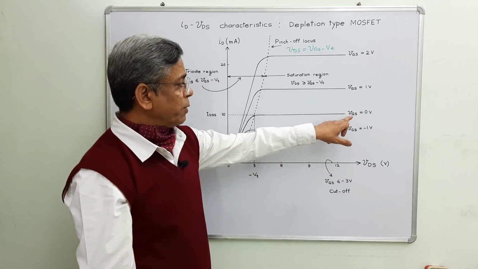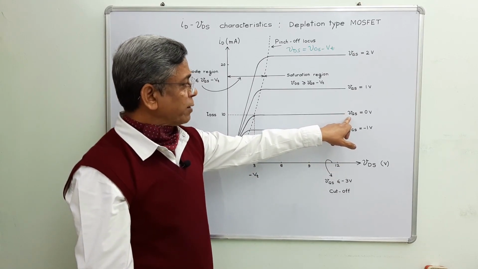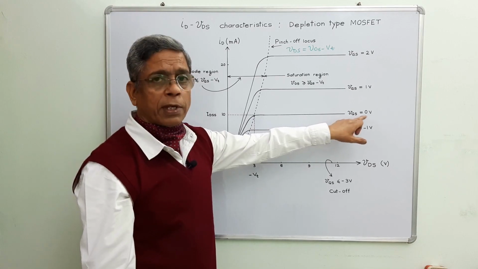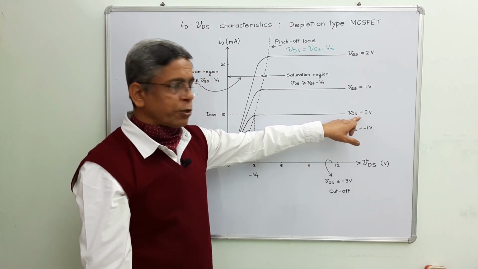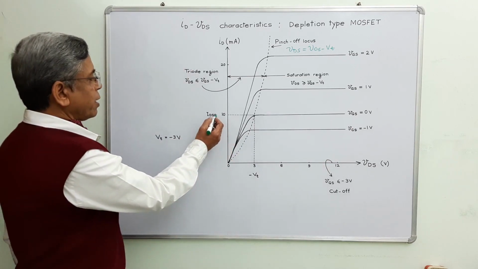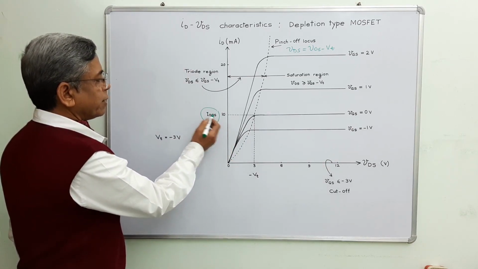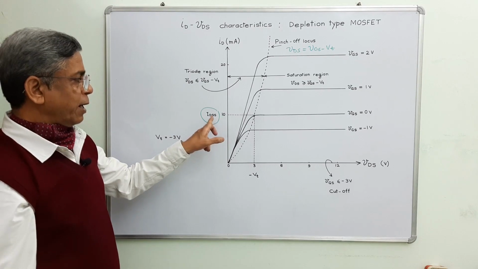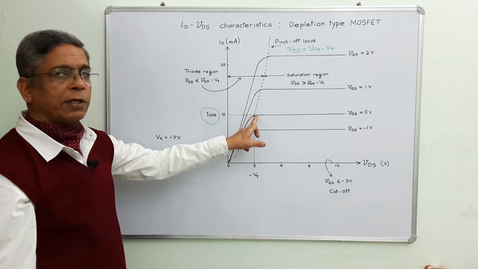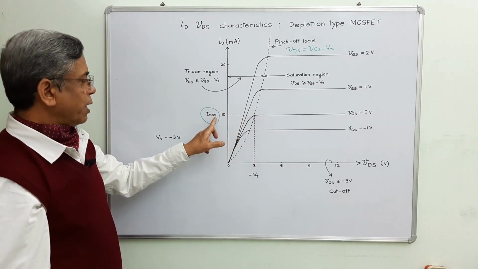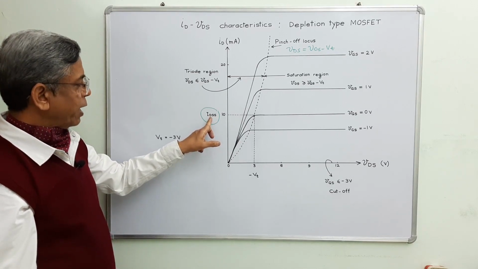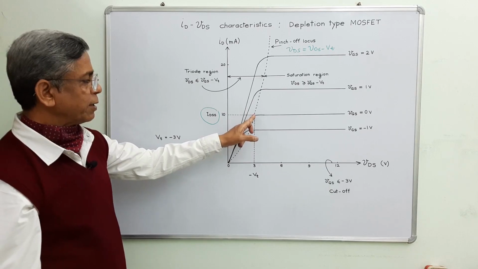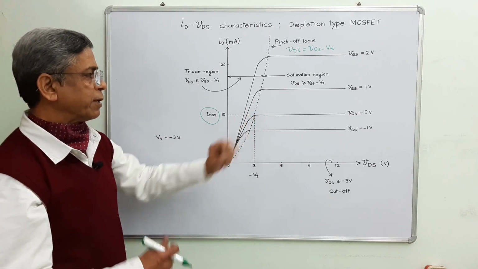We start right from when potential difference across gate and source is 0. I explained earlier, at this situation, drain current is known as IDSS. This is the drain current on the onset of saturation region, at the saturation point. This is drain current from drain to source at saturation. This is the start or onset of saturation region.